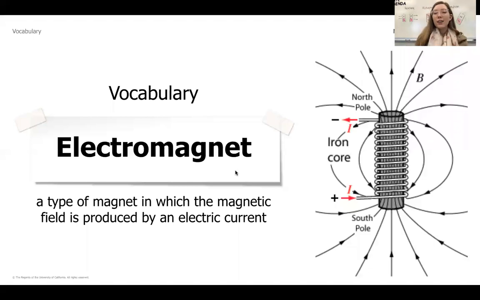So here is our last and final vocab word for this unit, and that is electromagnet, a type of magnet in which the magnetic field is produced by an electric current. What this is, you have a piece of iron or another magnetic metal. If you wrap a wire around it and connect that wire to some kind of energy source like a battery, then